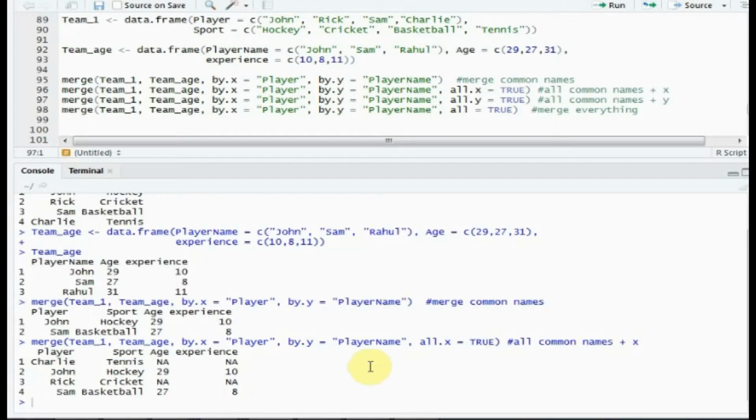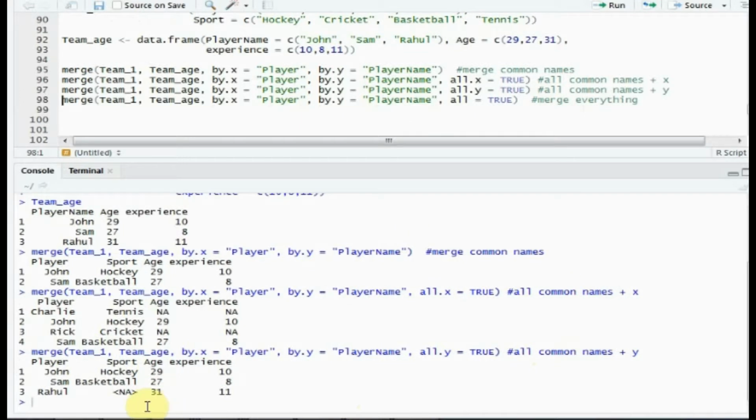As mentioned earlier, the x here denotes dataset 1 and y denotes dataset 2. Similarly, if I do all.y, all non-matching rows from dataset 2 as well as all common values will appear in the output.